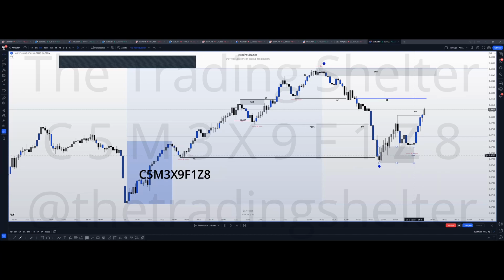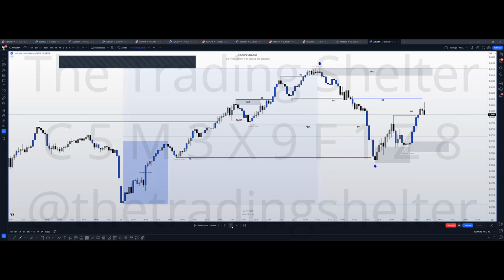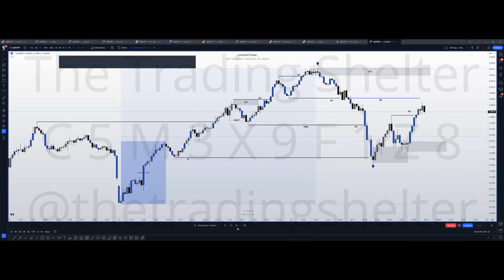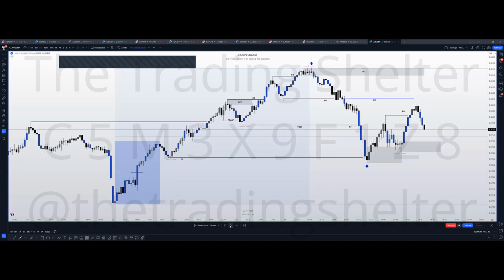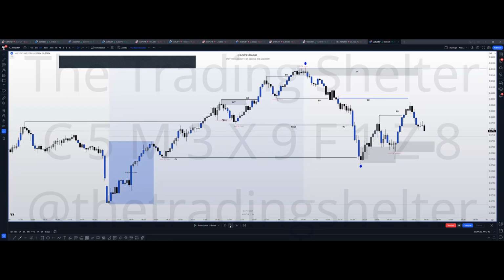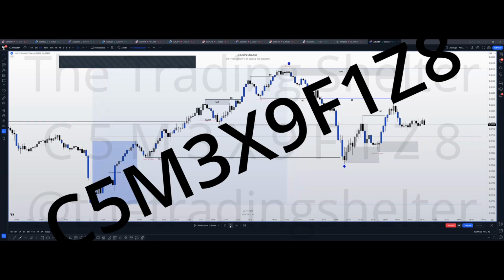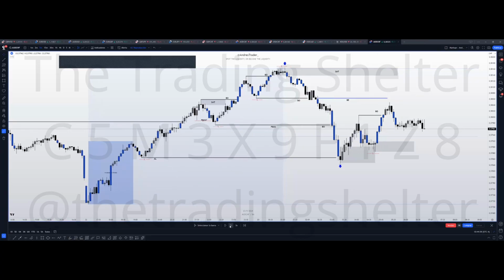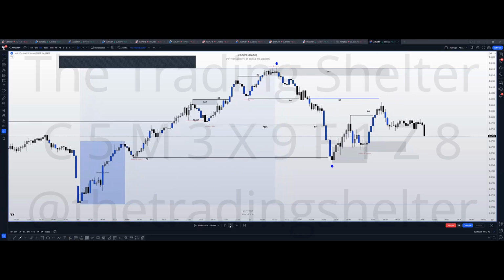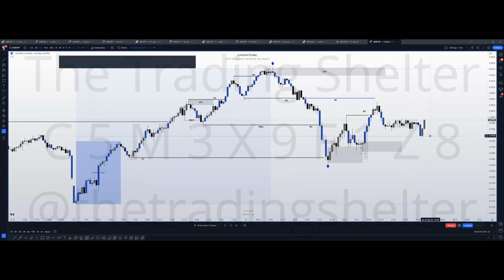Okay, so considering that explanation that our mentor gave us, probably this could be an option to follow the order flow. But let's see how it goes. Okay, so price is just moving in a range. There's nothing too important. But considering the speed of this movement,